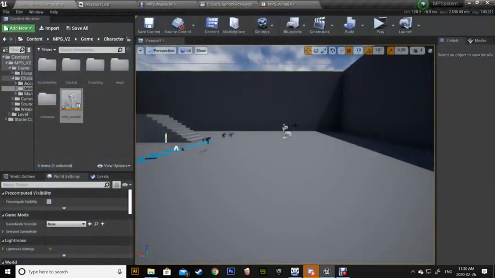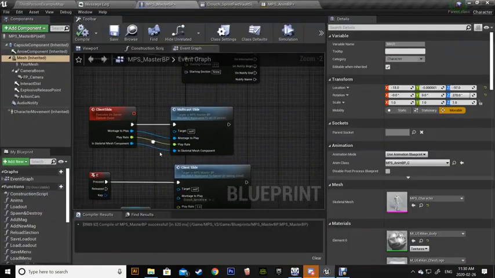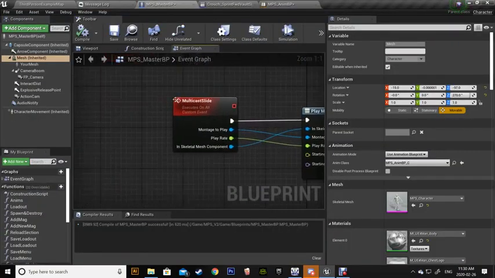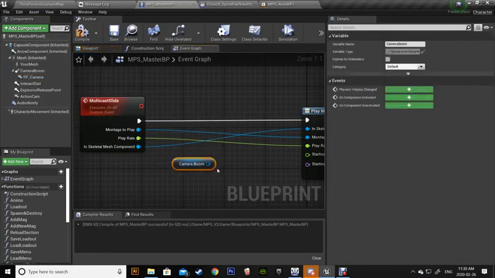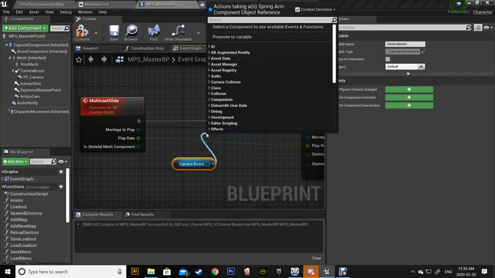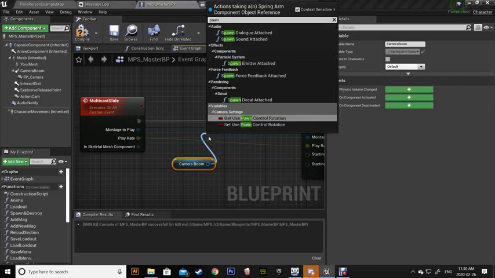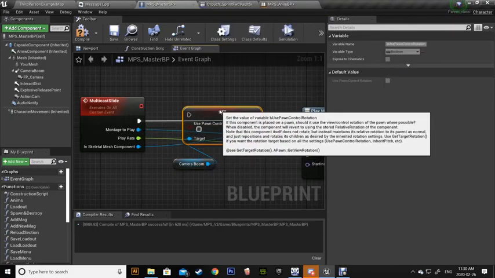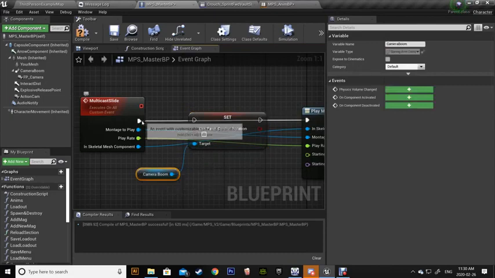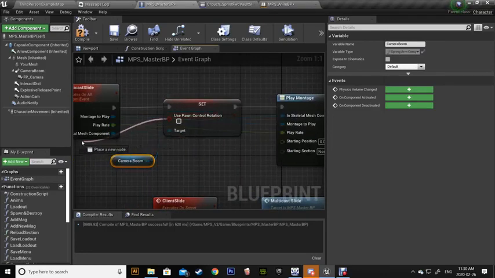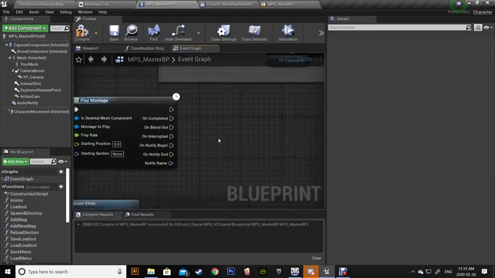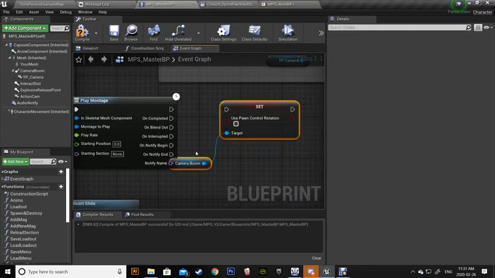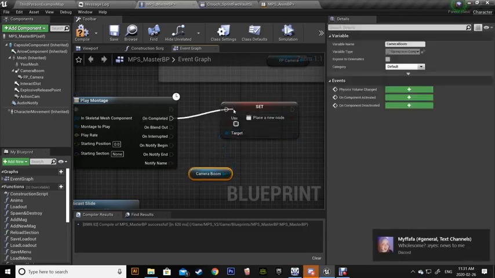How to fix that? I'm gonna show you an easy trick. So let's go back to the multicast, and here you need to call the camera boom or spring arm, and what we need to call is pawn control rotation. So we want to set the pawn control rotation, and just drag this and put it there, and then do the same and put it at the end of complete. When it's complete,